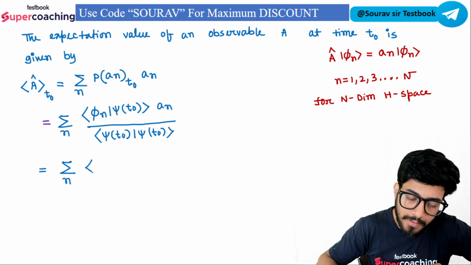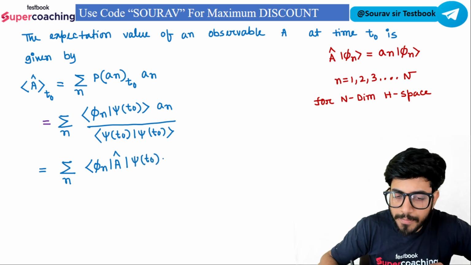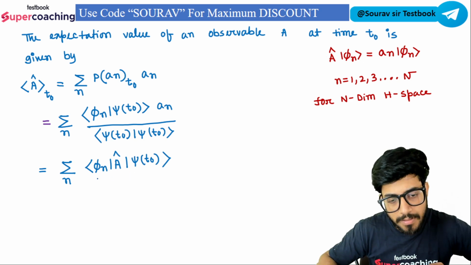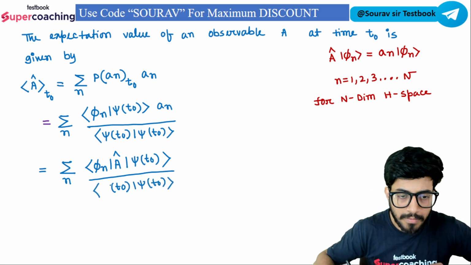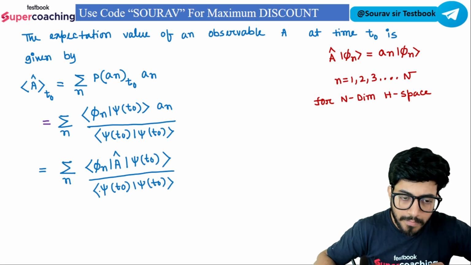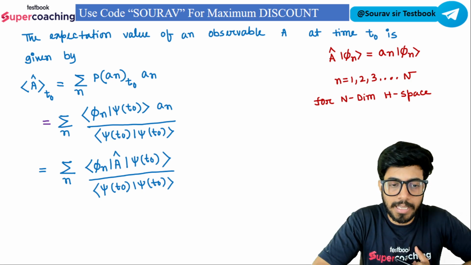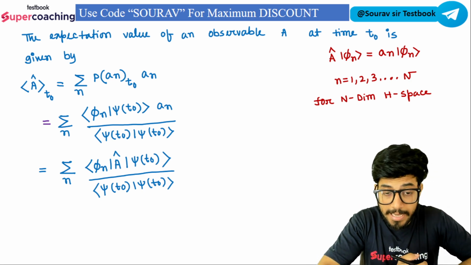Summation over n phi n A cap psi of t0, psi of t0 psi of t0. Can I do this? Well, I think I can,